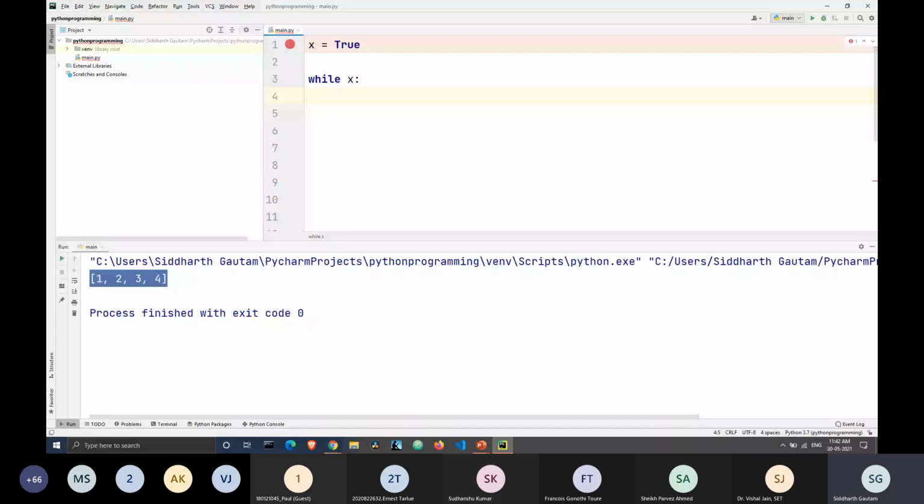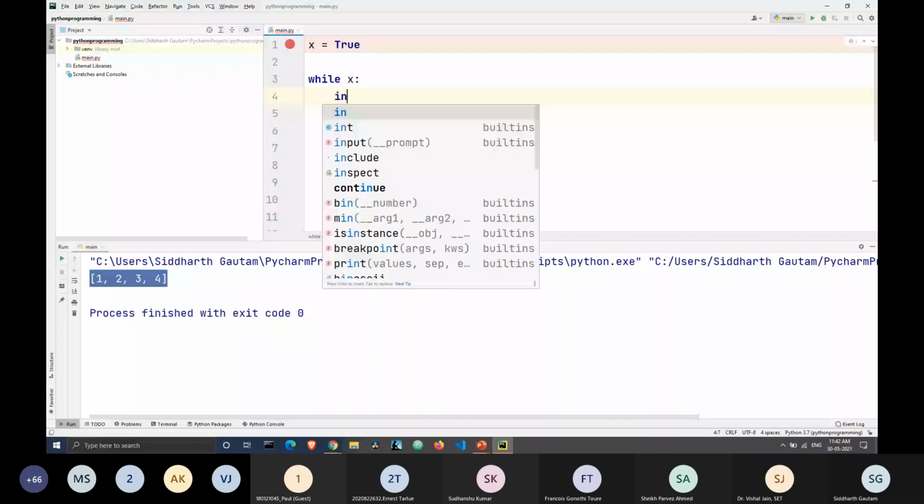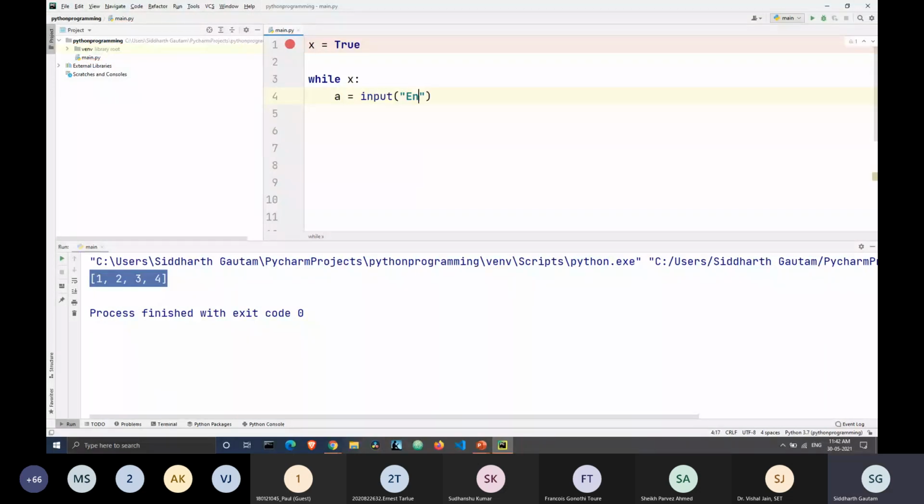We will take another variable: a is equal to input, "enter your name". This is my input variable. Now let's check for a condition, like my name is Sid.